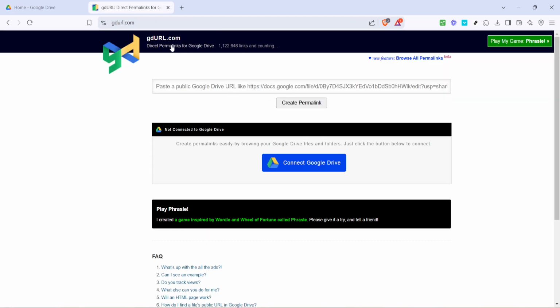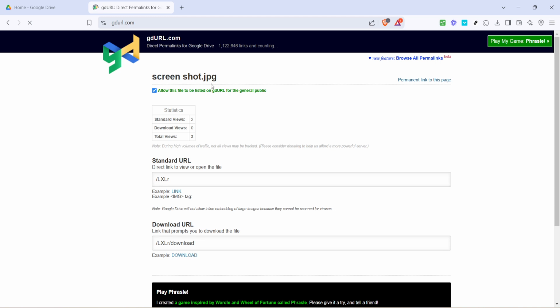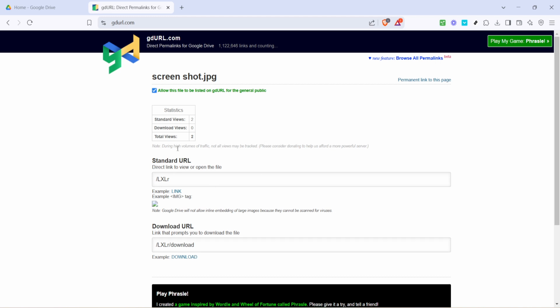Open a new tab in your browser and type in gdirl.com to access the site. Once the page loads, paste the link you copied from Google Drive into the URL box on gdirl. Click on Create Permalink, and in just a few seconds you'll receive a new link that directly hosts your image. This new link is perfect for embedding into emails or websites, as it provides a direct path to your visual